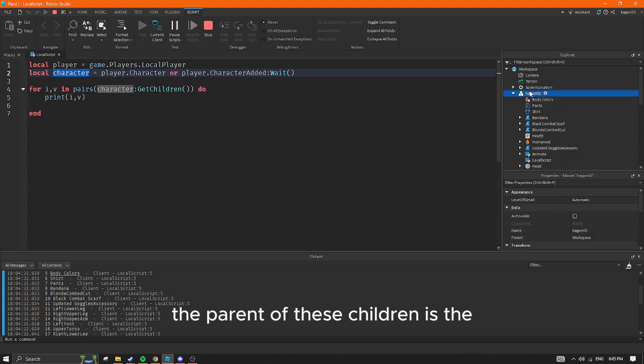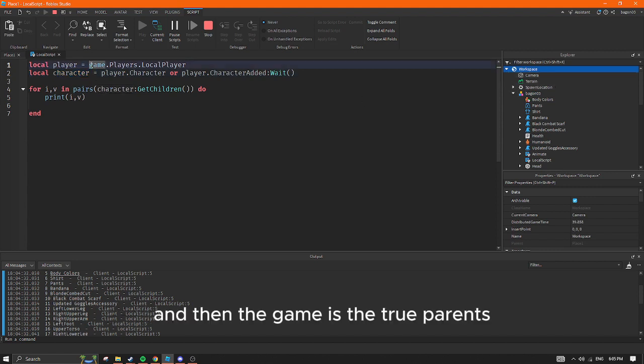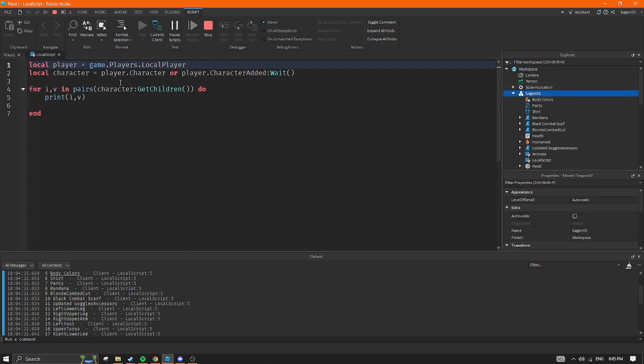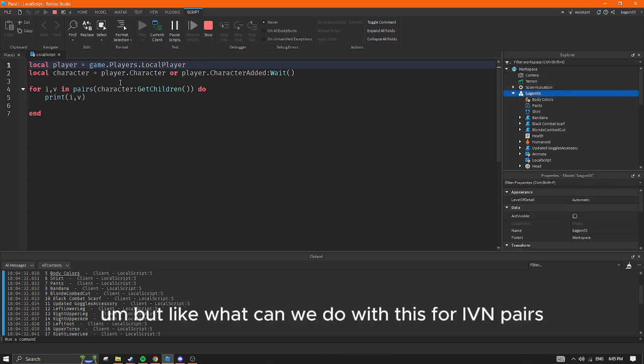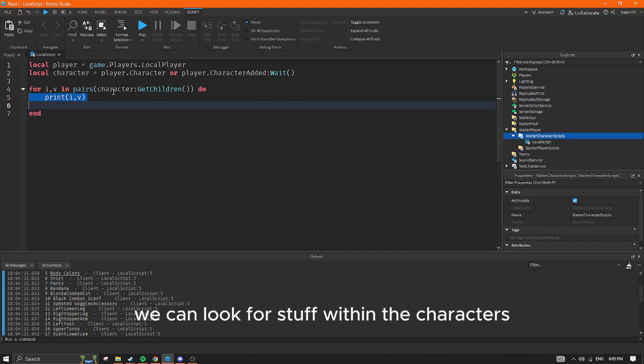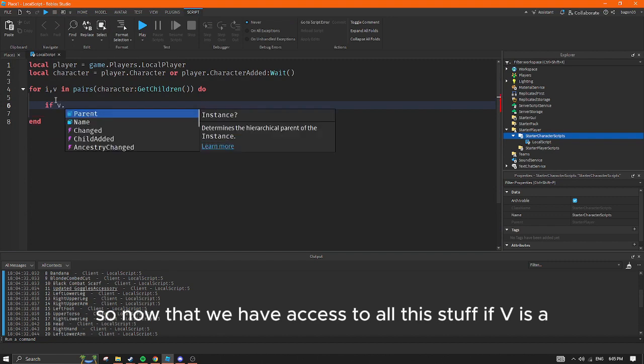The parent of these children is my character, and the parent of my character is the workspace, and then the game is the true parent. So that's why I went game.Players.LocalPlayer, which is me in this local script. But what can we do with this for i, v in pairs? What we can do is look for stuff within the character's get children. So now that we have access to all this stuff, if v is a